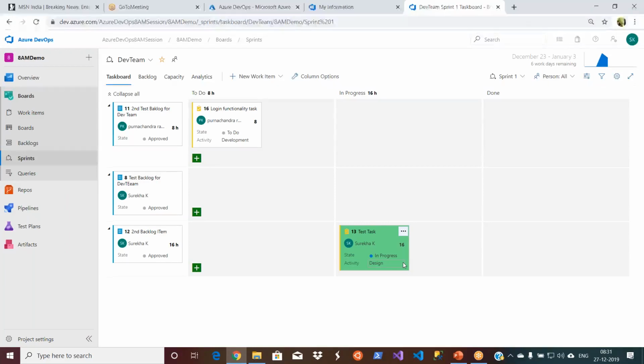It actually reduces your time. Otherwise, earlier I was opening each and every task and seeing which is related to design or which is related to development, etc. So likewise, you can go ahead and apply your styles actually to customize your task board actually. So we saw capacity, we saw customization, and we saw what fields to be displayed in your views, and we also saw how to assign users or move task items between different sprints, and how to set the sprint dates, all that stuff we saw. Okay, this is good actually.